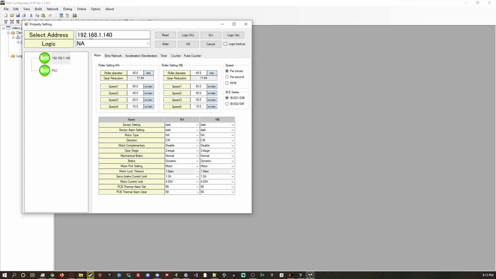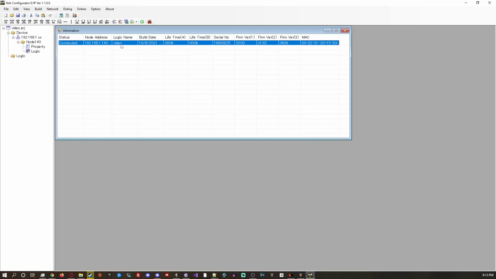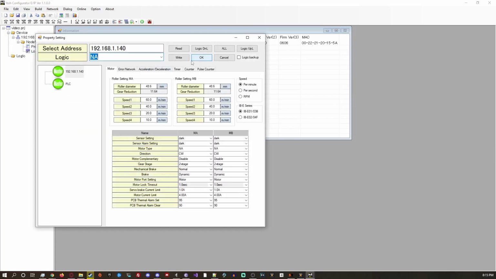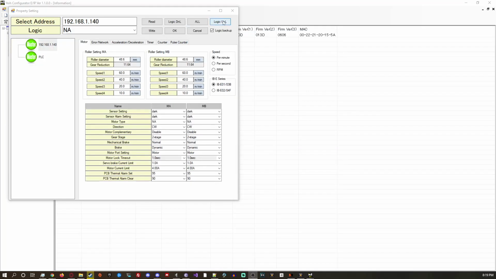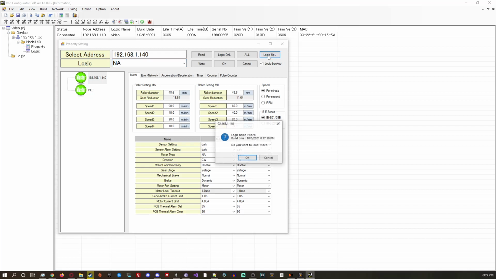So now we have read the configs. Now we want to pull the logic file. In this one's case, if I go to dialog and information, it is called video. So I want to pull video from it. Open up properties, and this is the same as a PLC. Upload is taking it from the device and putting it on your computer, while download is taking it from your computer and putting it to the device. So I want video, so when I hit upload,